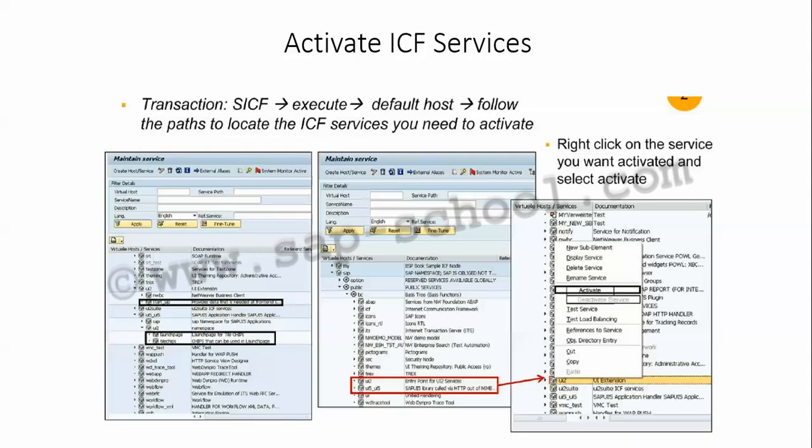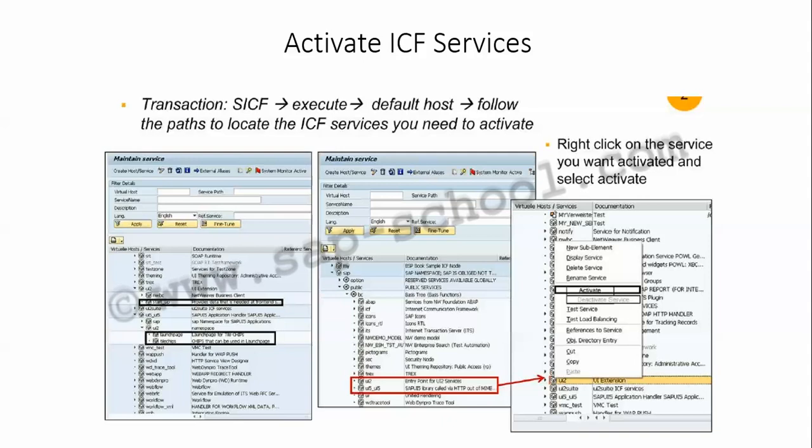If I go here to the SAP, then BC, under that we have this UI5 underscore UI5. Then we have this SAP. So we can check for the ICF services here.